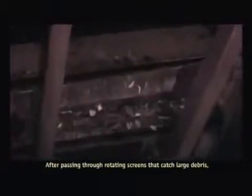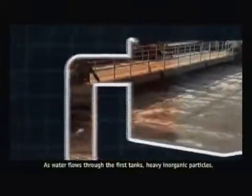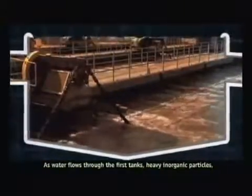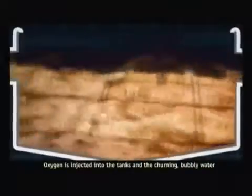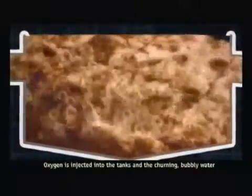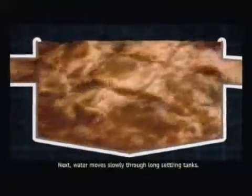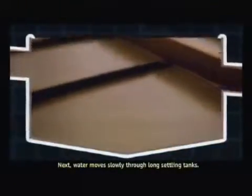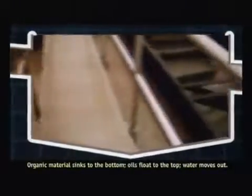After passing through rotating screens that catch large debris, giant pumps lift the water 50 feet. From here on out, gravity powers much of the process. As water flows through the first tanks, heavy inorganic particles, such as sandy grit, sink. Oxygen is injected into the tanks, and the churning, bubbly water breaks down organic matter, such as sewage. Next, water moves slowly through long settling tanks. Organic material sinks to the bottom. Oils float to the